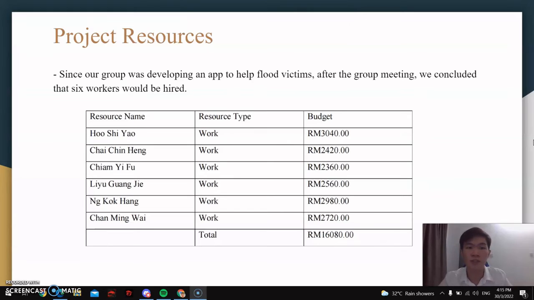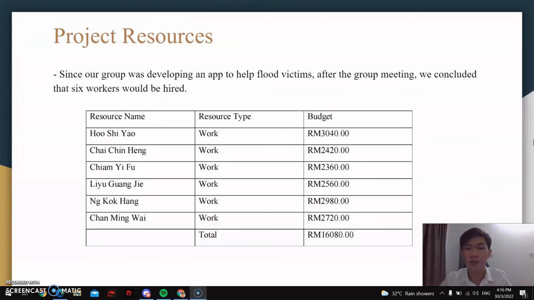Since our group was developing an application to help the flood victims, after the group meeting we concluded that 6 workers will be hired to develop this app. You can see on this table the 6 workers' names and their budget. Their budgets are different, based on the work types assigned to them.